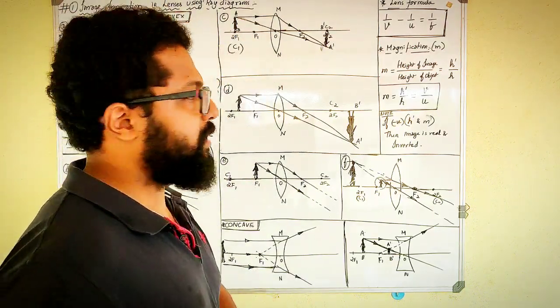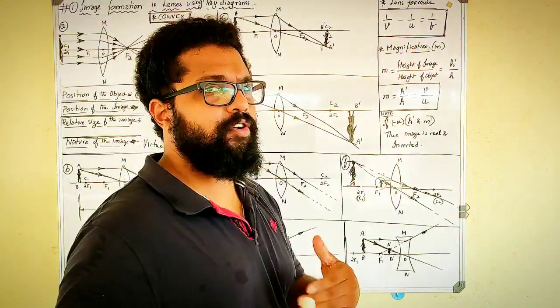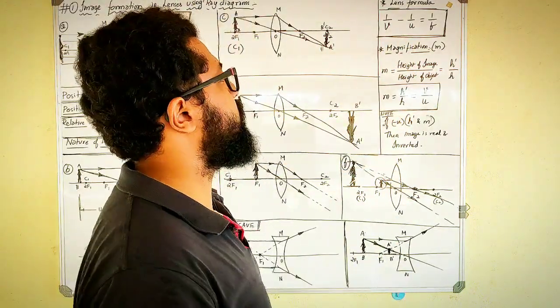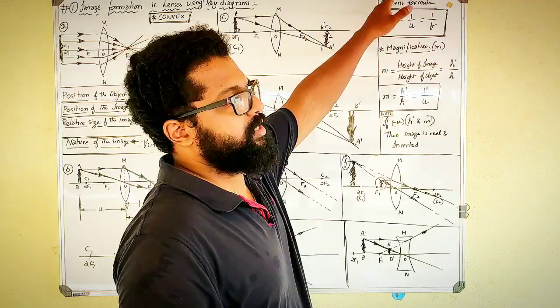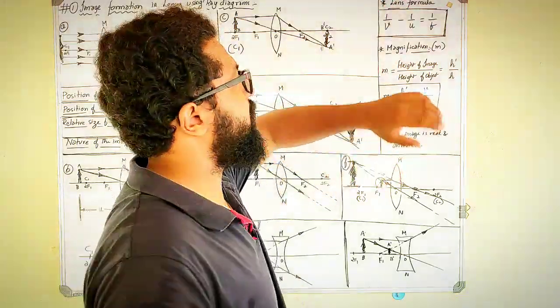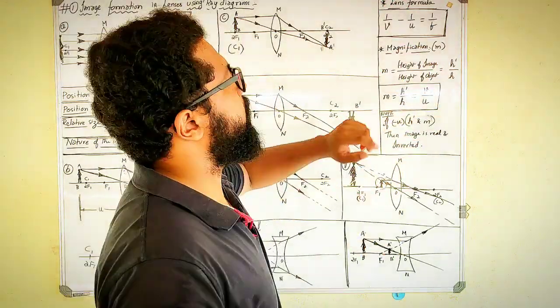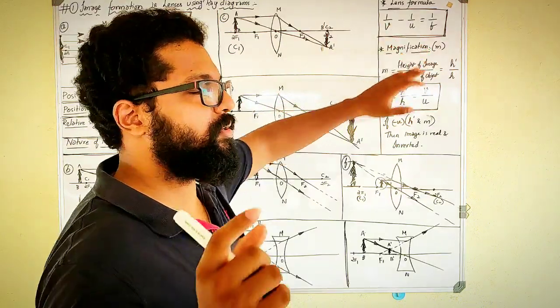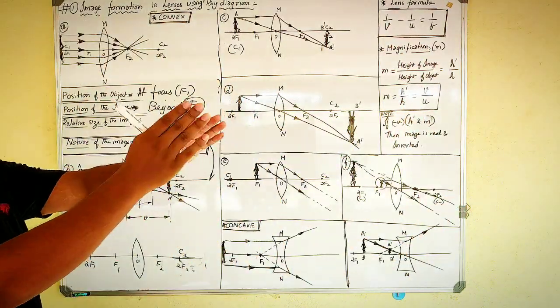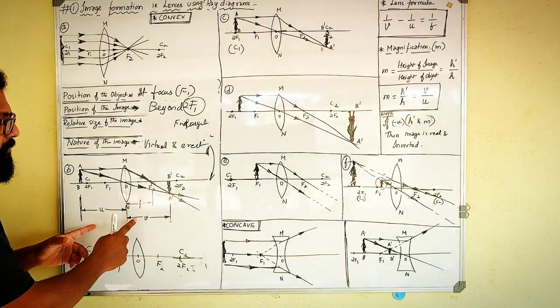Okay. So last, two small concepts which you have already studied. Once again, I will revisit them. There is again, same as the mirror formula, something called the lens formula. In the lens formula, there is just a slight change. You already know what v, u, and f are. I will tell once again.